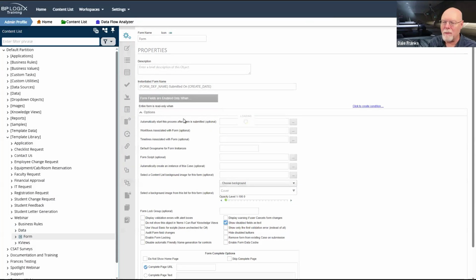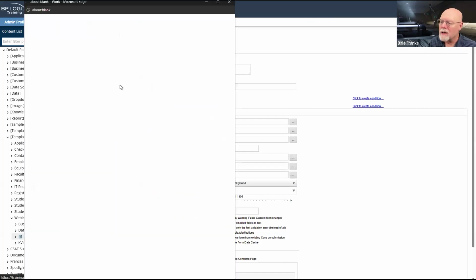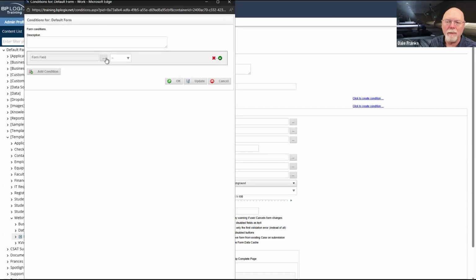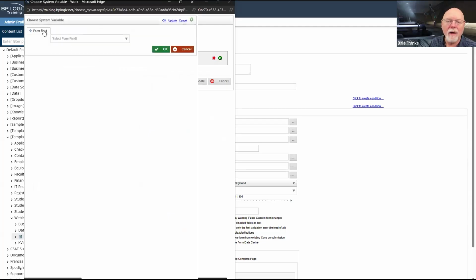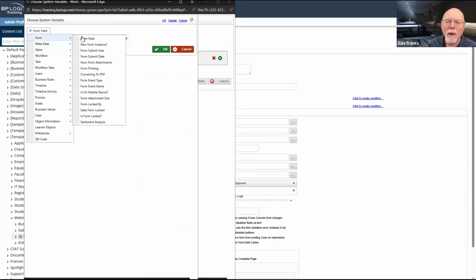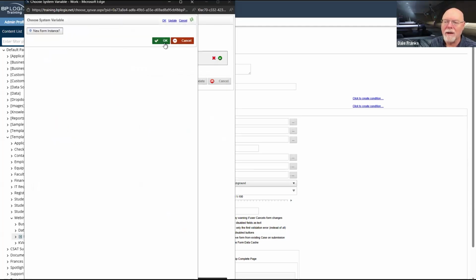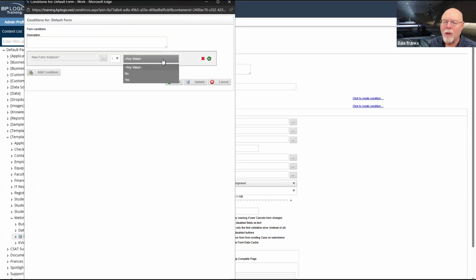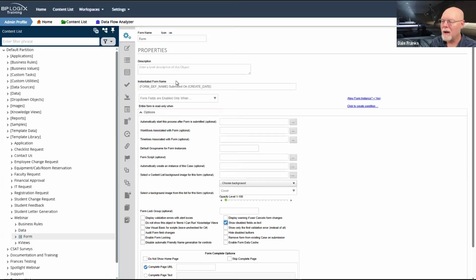We've talked about this in best practices before, so we're going to go ahead and set that condition, and we'll go with new form instance equals yes. So our form fields are only going to be enabled on a new form instance.